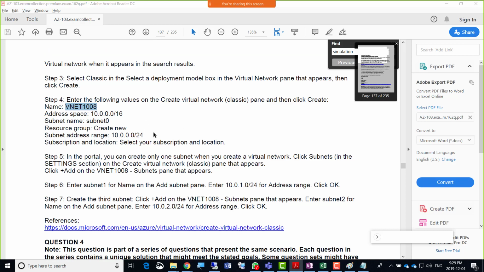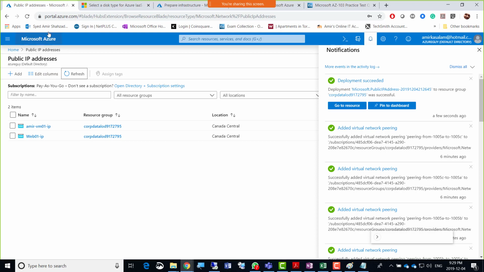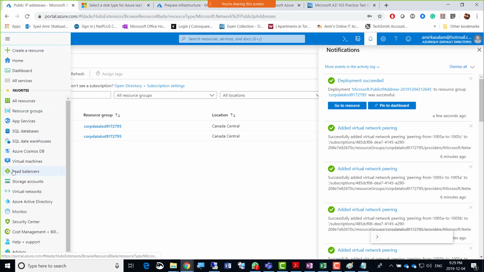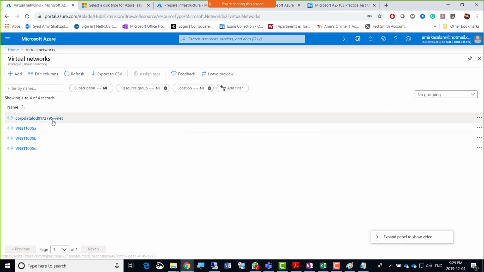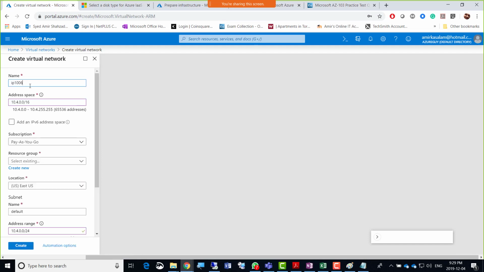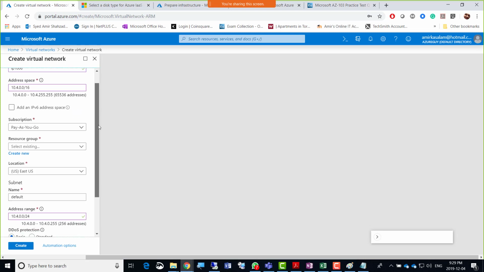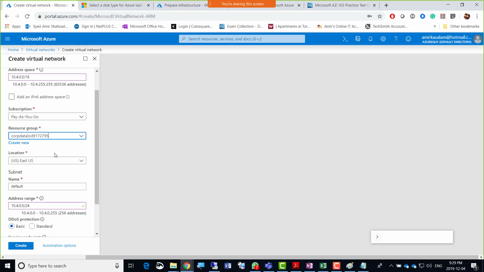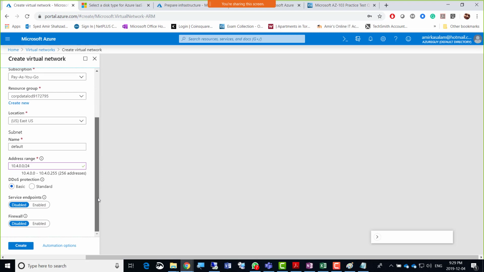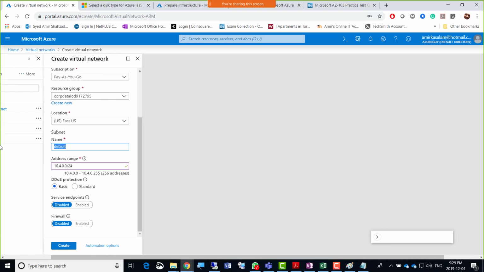So I'm going to go for creating a VNet now. I'll click add. Then 10.4.0.0 is the range for me. That's the only one available. I'll go for the existing resource group. East US is okay, and that's the first subnet there.